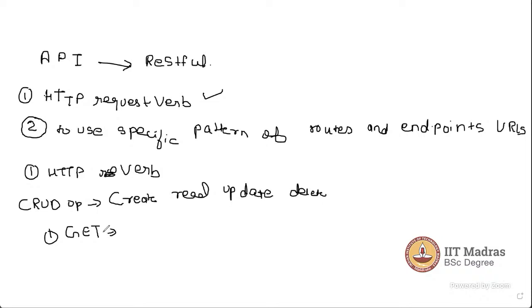So for example, you are browsing something and you are just trying to read the data. This is something we can do with the GET HTTP request, right? If in any website you are just reading something or you just have to retrieve any kind of data, that is the GET method. If you are able to read something, that is the GET method.